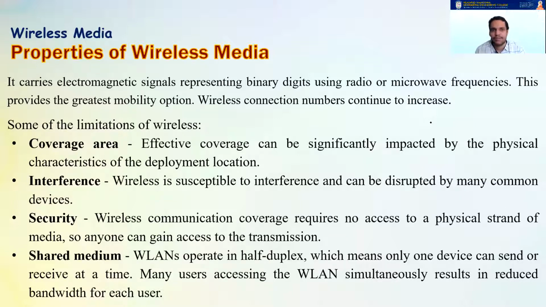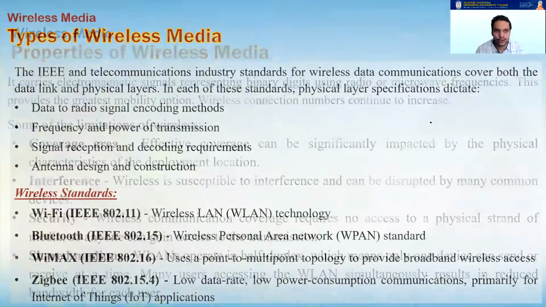Okay, so these are some of the criteria. For me, the most important limitations of wireless are security and interference. Shared medium, if you have good enough bandwidth support, it should be okay. Coverage area, if you plan it properly, if you plan where to place the access points, you do a topology of the area that you want to cover, you can place the access points strategically so that you can get good coverage across. But for the security part and interference part, it's a different issue altogether.